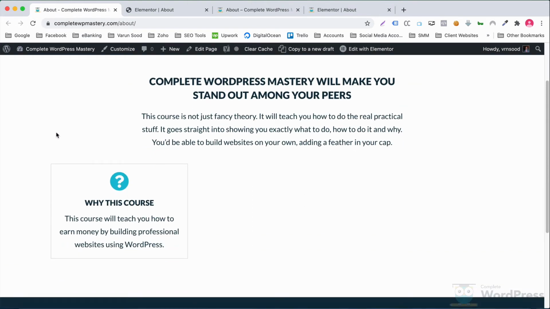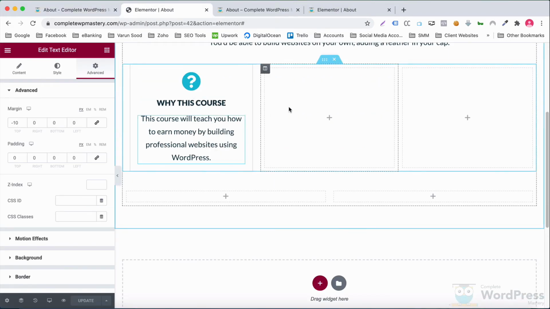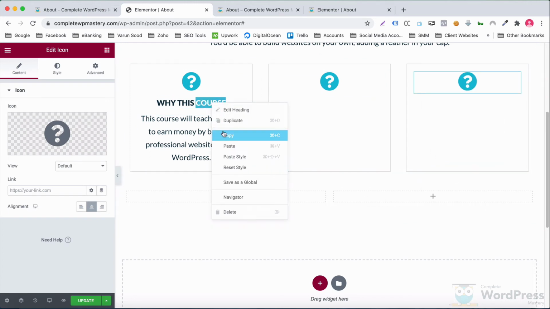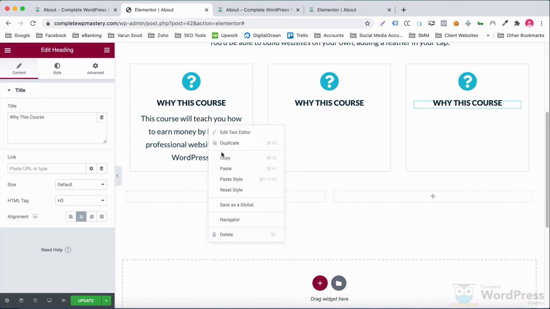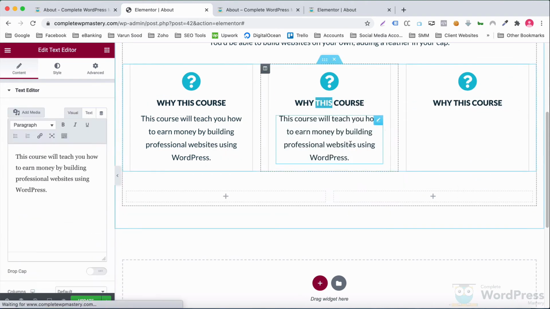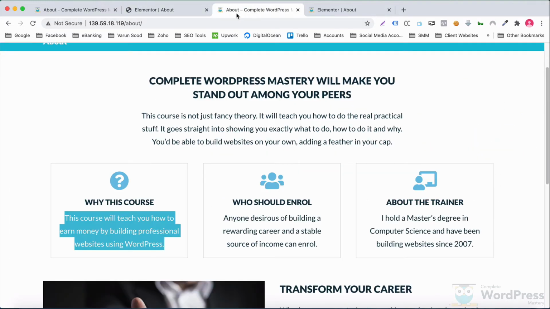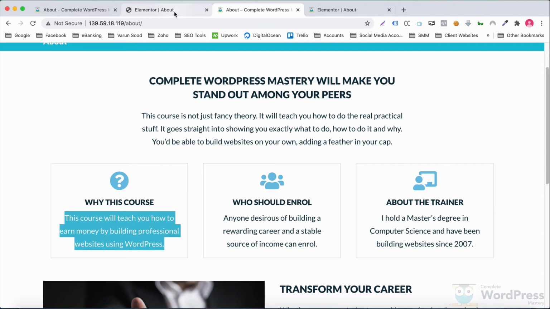Instead of adding these widgets in the other two columns, I'll copy these widgets one by one and paste them in the other columns. All we need to do now is change the icon, the heading text, and the text below the heading in these columns.